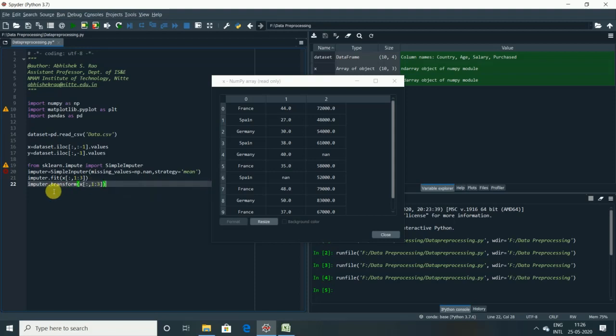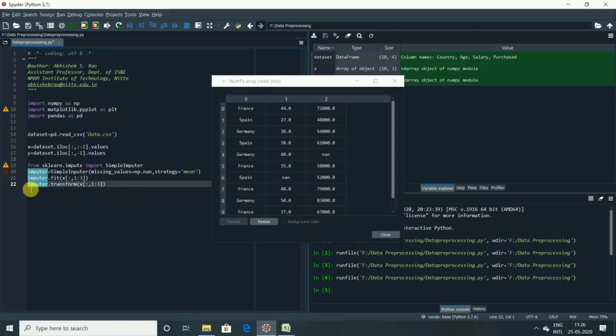So for that we have to create it. The transform method will return a new updated version of the matrix of features X, with the two replacements, the missing salary and the missing age. Therefore, what we want to do is to update our matrix of features X. To do this, we should copy down this second and third column of the X matrix of features and change it by what will be returned by this transform function of the imputer object, as shown.